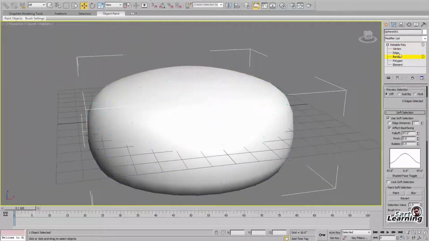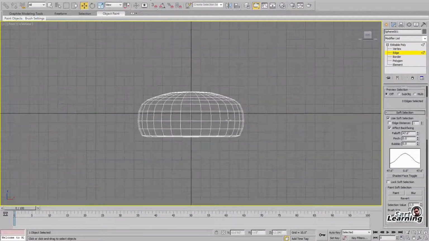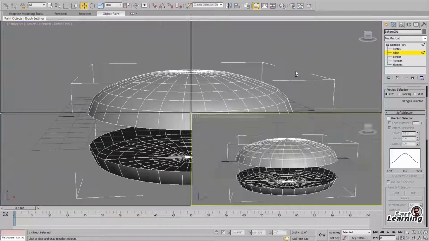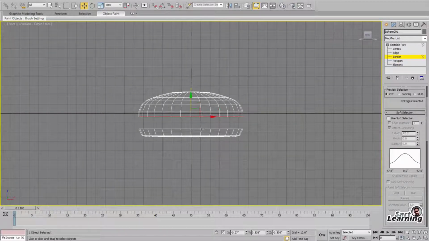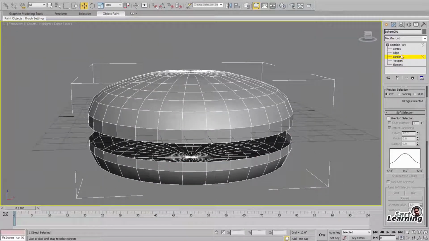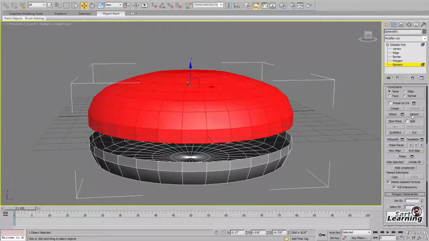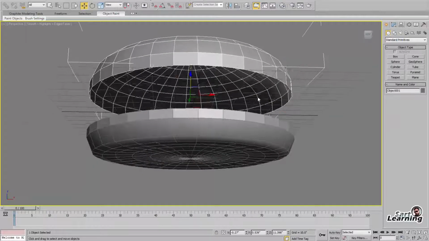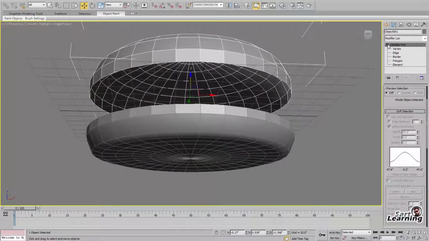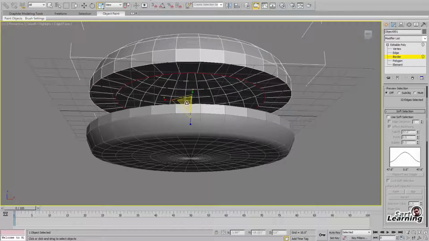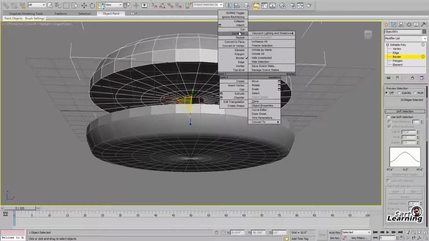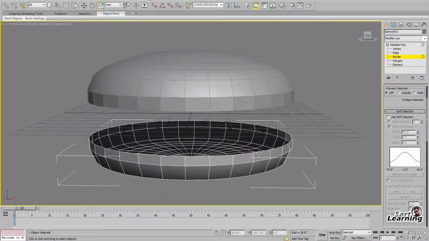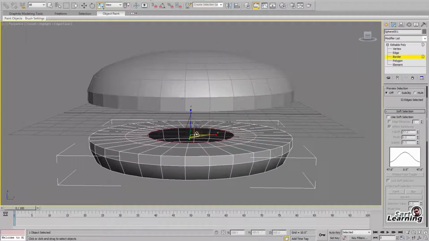Almost the burger is ready, but I need two shapes with the burger, upper and lower, so I split with the edge. So I select the edge and delete it. Now select your borders, press Shift and drag. Now this is my upper part and this is my lower, so I detached both the burger shapes. Now select the border, press Shift and scale in. Now collapse it. Same for the lower burger. Select border, press Shift, scale